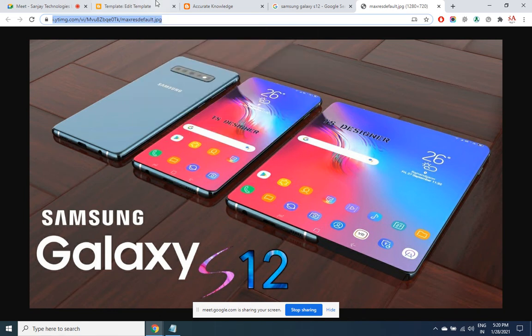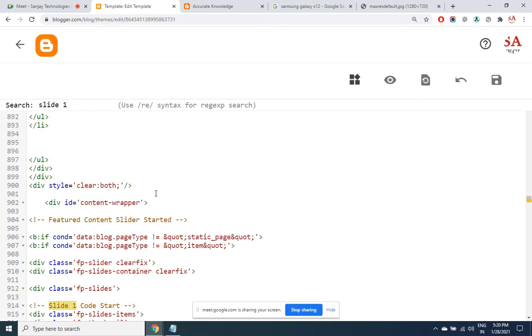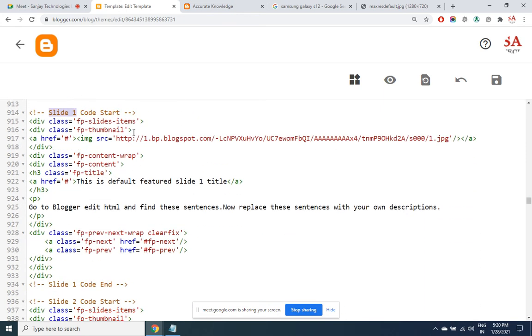Alright. Now I go back here and I search for slide 1. Slide 1 code starts clearly written. When I go through this code, I find that there is something called as JPG. Image source equals to some URL with JPG.